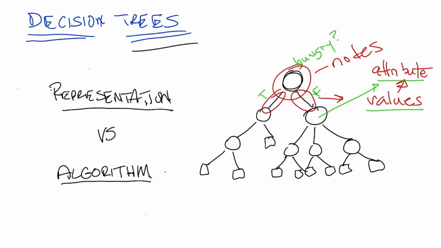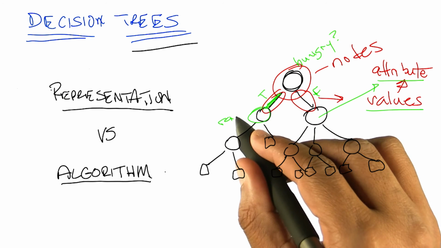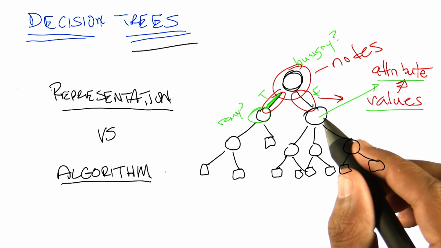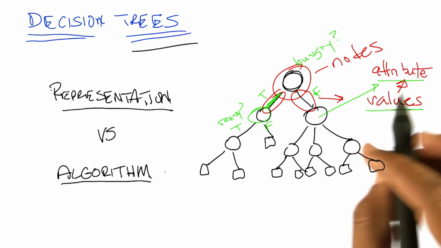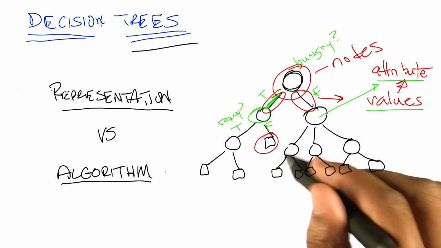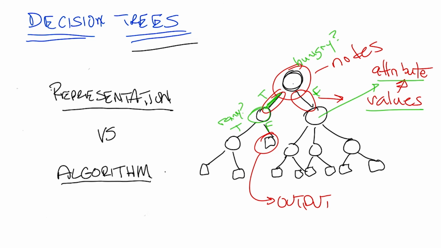So it's as if I'm making a bunch of decisions by asking a series of questions. Am I hungry? And if the answer is yes, I am hungry, then I go and ask a different question, like, is it rainy outside? Maybe it is rainy, and maybe it's not rainy. Let's say if it isn't rainy, then I want to make a decision. These square boxes here are the actual output. So you're hungry, yes, and it's not raining. Let's just say you go in. True, I go in. So when I'm hungry, but it's not raining, I go in.